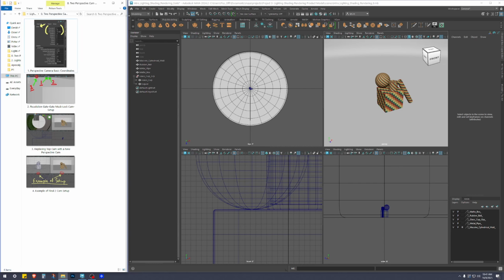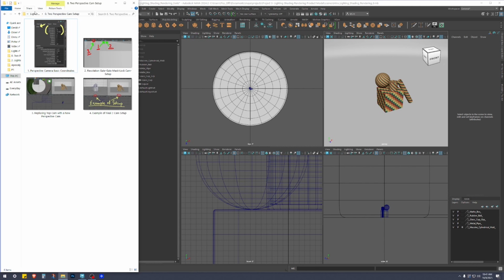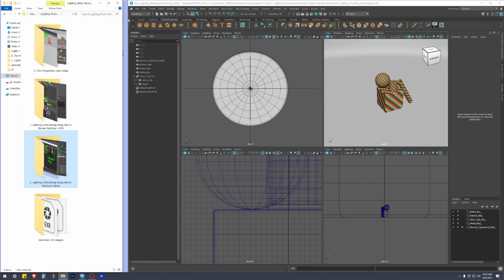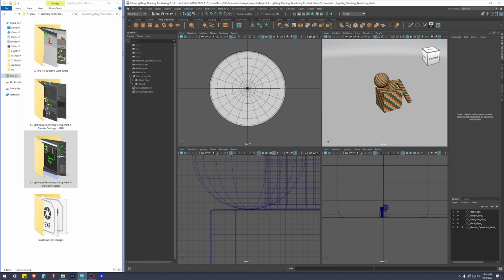So the first part is part 0, 2, perspective camera setup, and this video is going to be only about this, and the next video is only going to be about this, and the next video is only going to be about this, and so on. So that's basically the setup. All right,